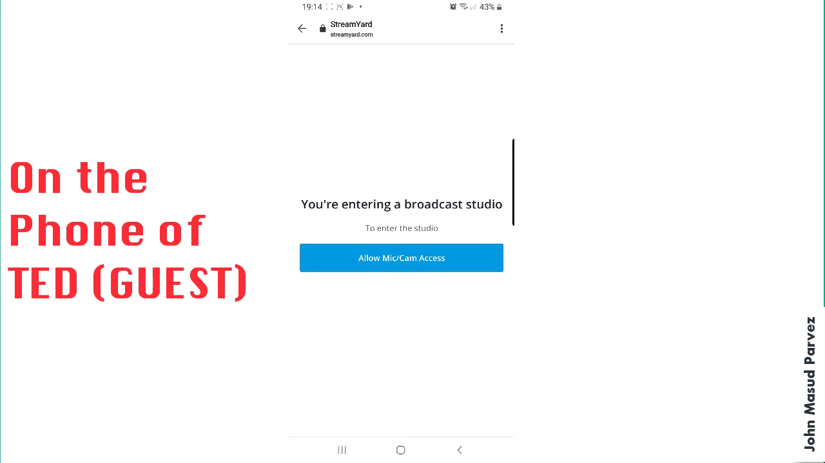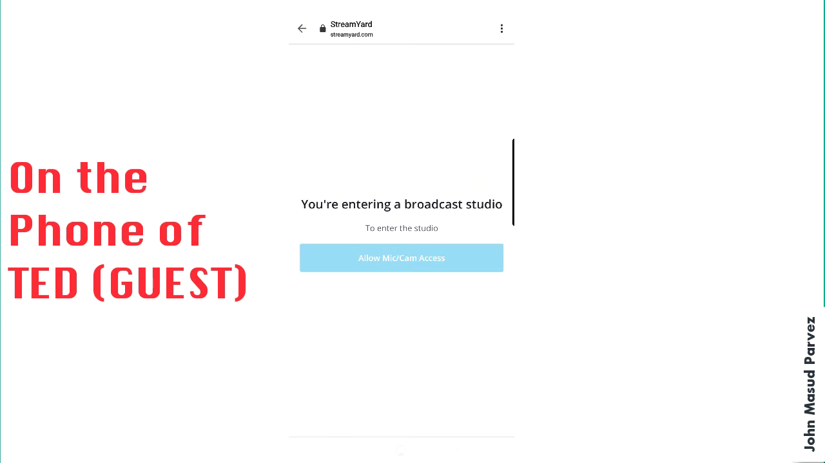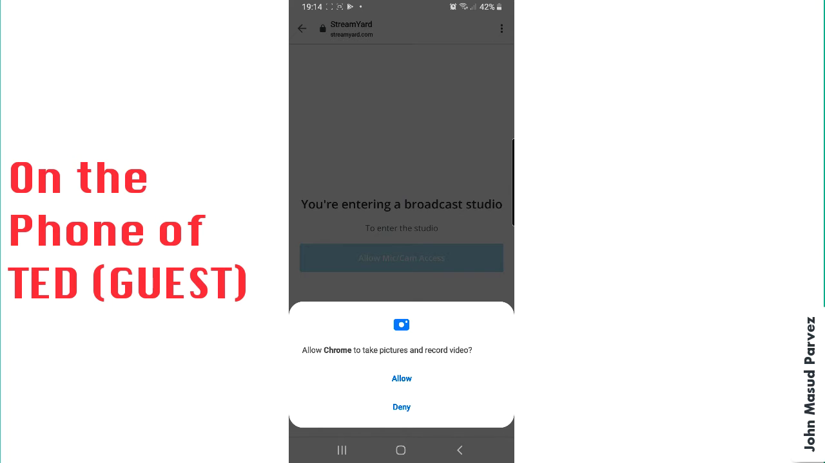Now what the guest will see is a prompt telling the guest to allow mic and cam access. The beautiful thing about this is that the guests don't need any kind of account or any software installation, nothing. It's just a browser. So all I need to do right now, as the guest TED, is allow the mic and cam access by pressing the button, and it pops up allow, and it's asking to take pictures, allow. And as soon as TED allows it,